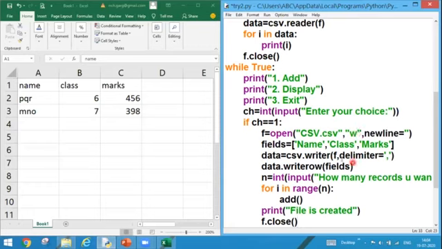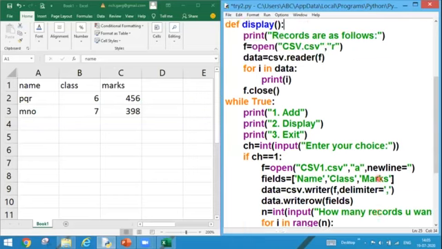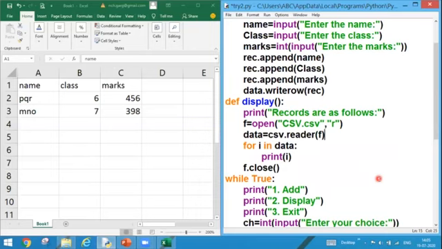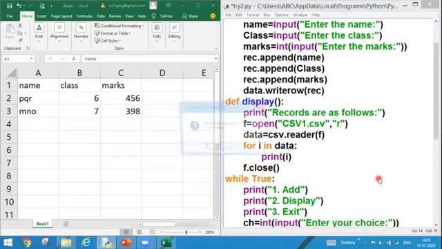So let's work. Or we can do one more thing because by this name, the file is already created. So I'm creating csv1.csv and I'm directly opening the file in append mode. This is the similarity between write and append mode, that if the file does not exist, it will create the file on the spot. If I'm changing my file name over here, I must change my file name in reading also so that there will not be any confusion. So I'm going to run it, F5.